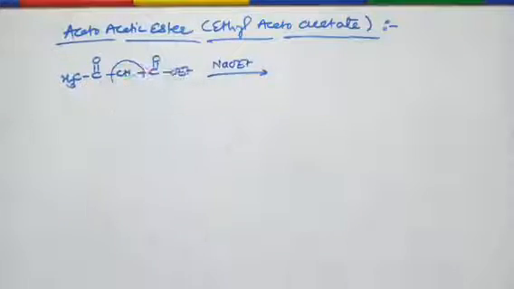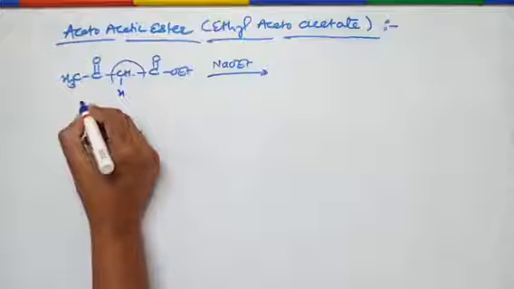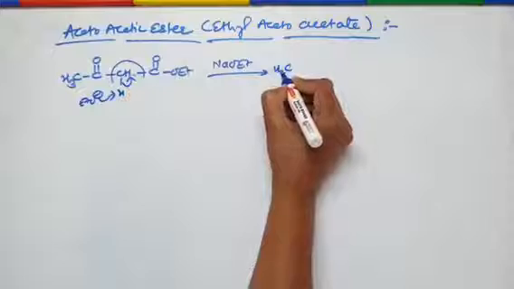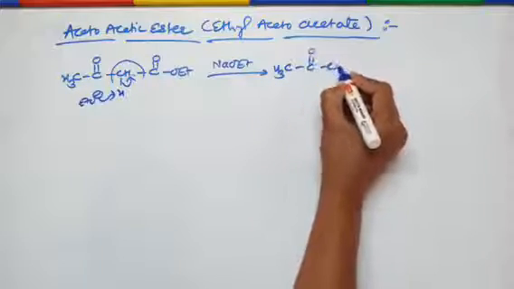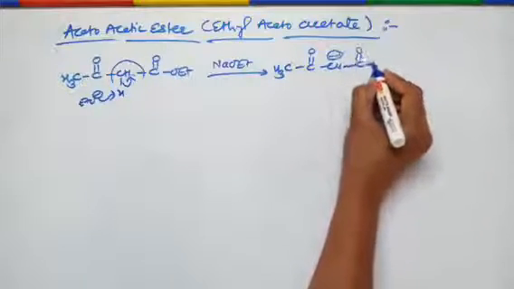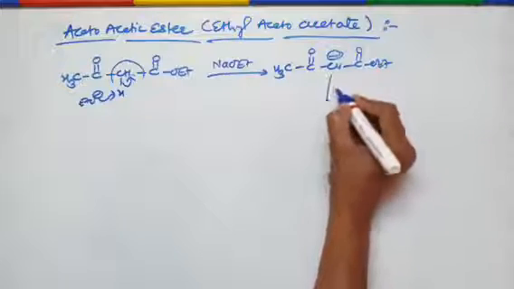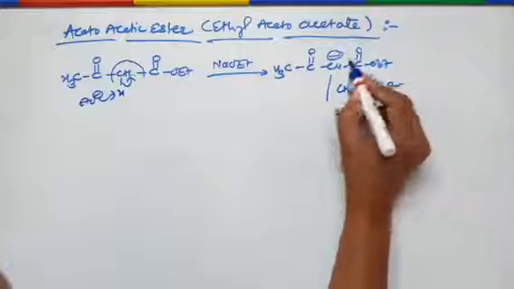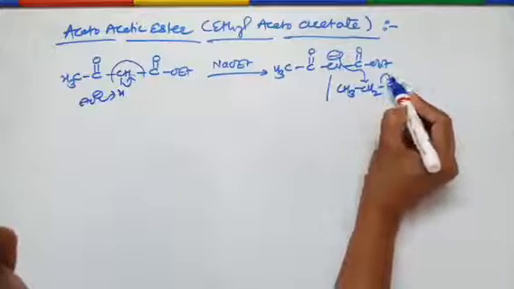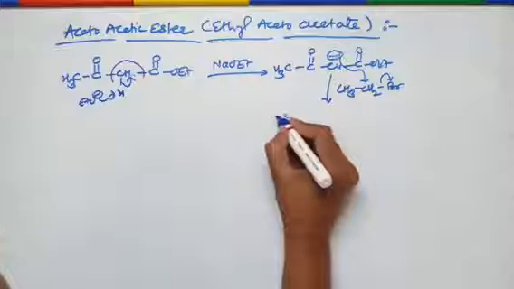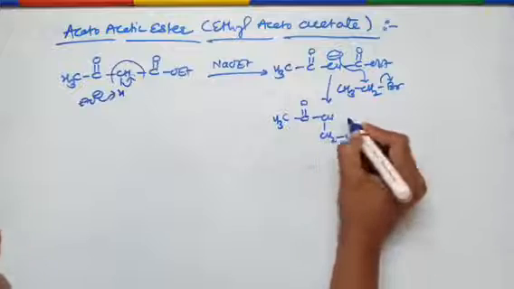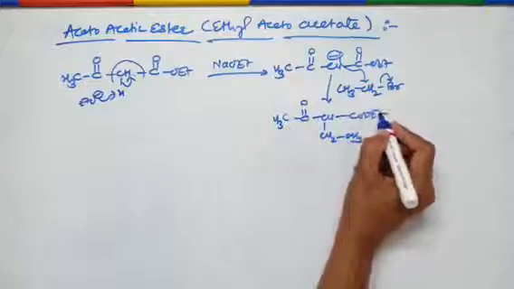In the presence of sodium ethoxide, these are the alpha hydrogen atoms which are acidic. So OEt minus abstracts this proton and the carbanion is generated. So this step is the same. Carbanion is generated. Now you have to treat it with the alkyl halide. Which alkyl halide is required? You require the ethyl group, therefore treat it with ethyl bromide. Now it is going to attack on this carbon and bromine leaves. So here we get the substitution of the ethyl group. The COOEt functional group remains as it is.